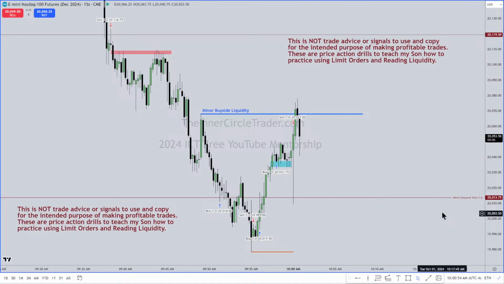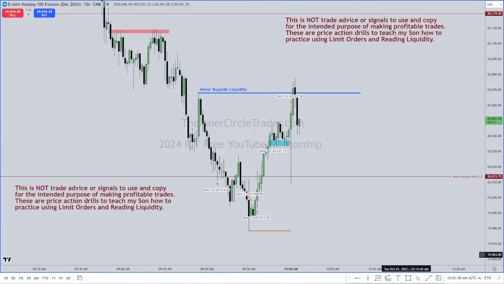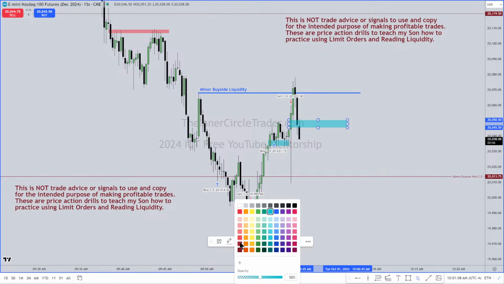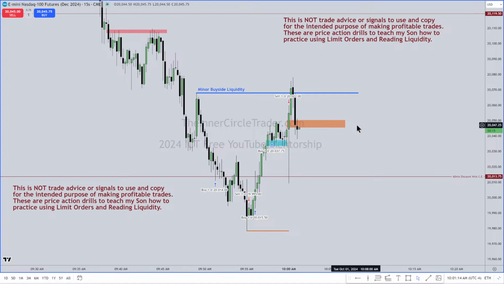All right, so now we have this little gap right here. Look at this one here. See that one? All right, so we had buy side taken, and now,